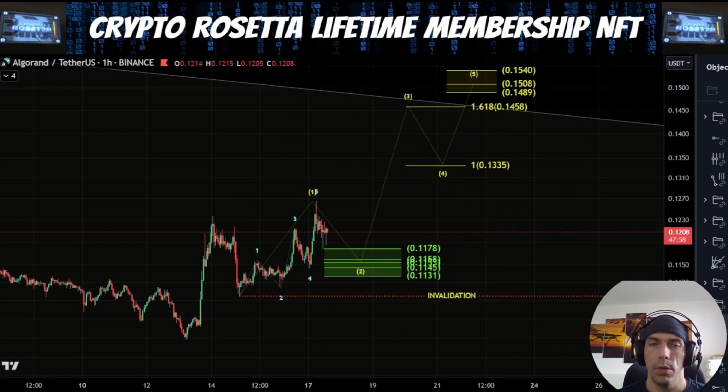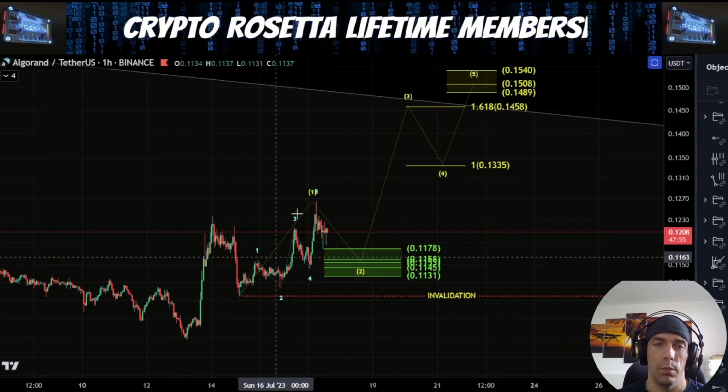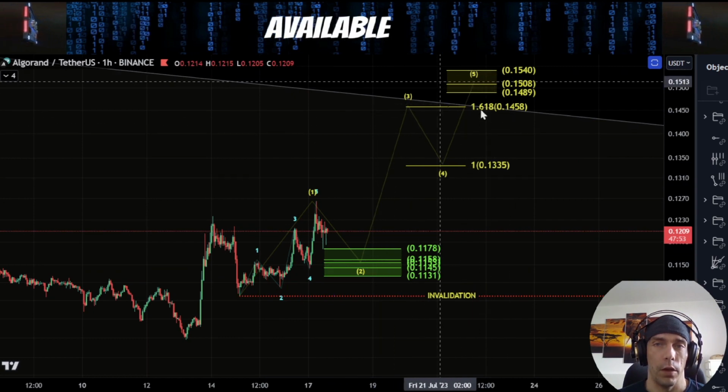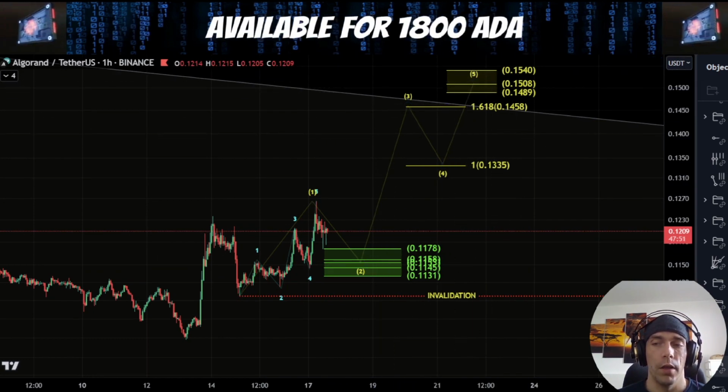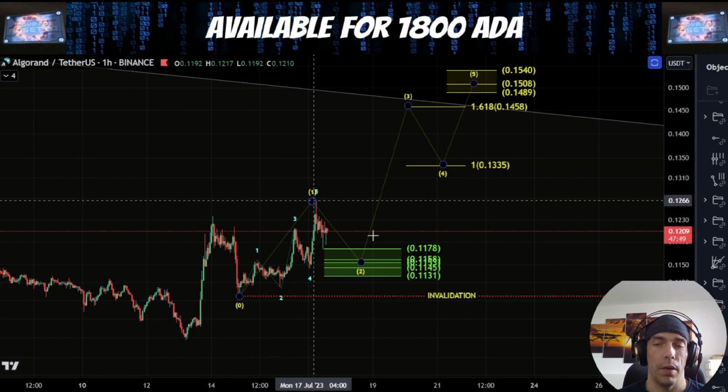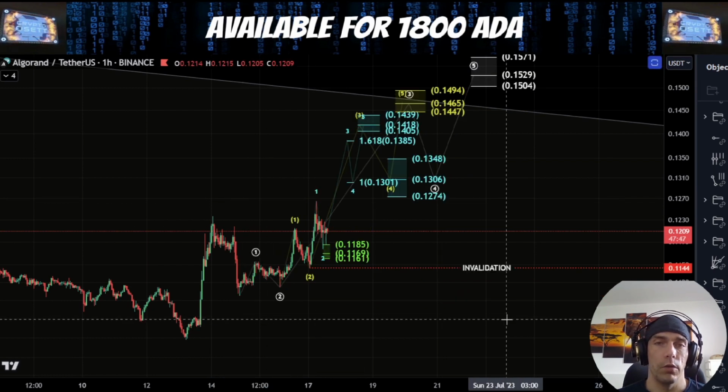So this is going to be key here. If we're looking for a breakout, this would be 1, 2, 3, 4, and 5 to the upside, bringing us up into this channel. Now, the other way that we could look to actually play out here, where we could be looking to extend